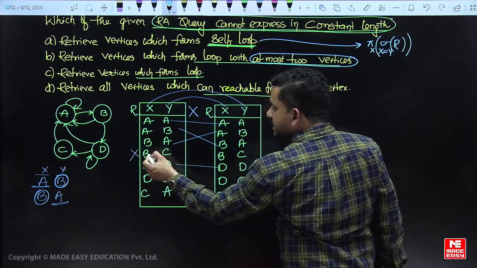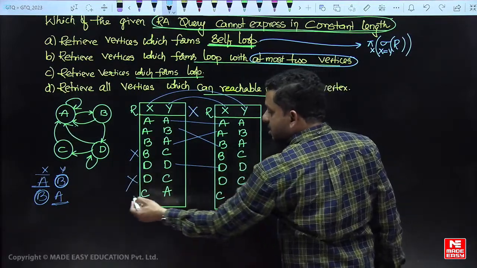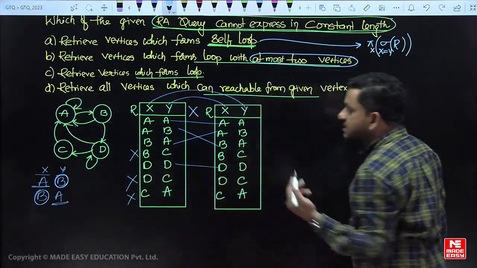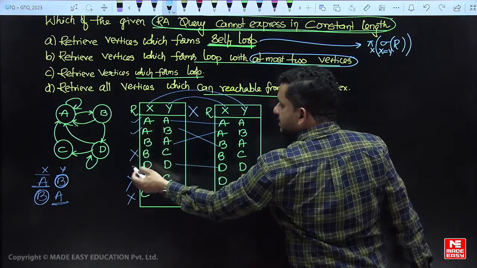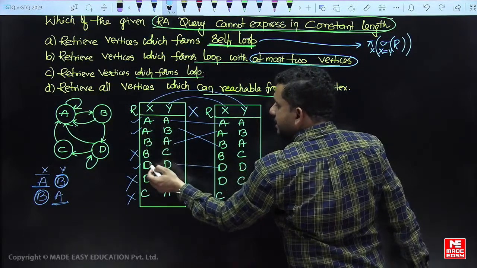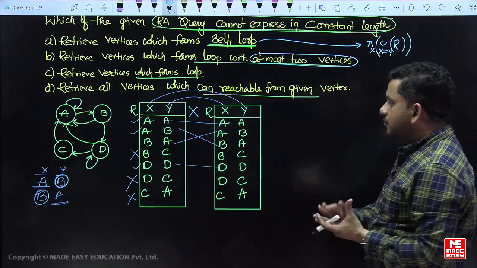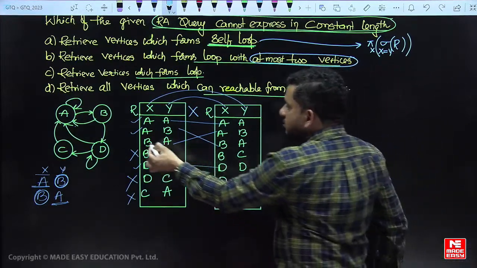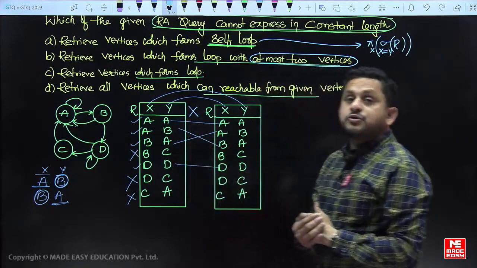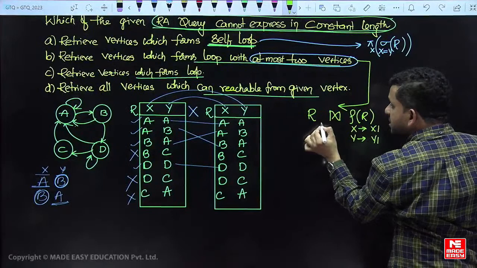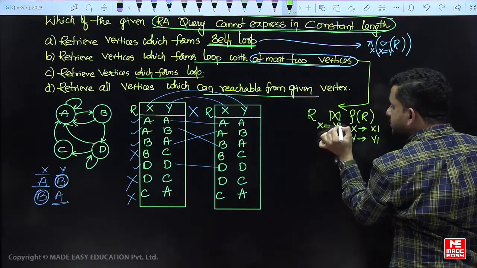The remaining BC fails because CB is not there, DC fails because CD is not there, CA fails because AC is not there, right. So now these are the records which satisfied, so A and D, okay, A and D which form a vertex, and ABD also forms a vertex, which is at most 2 vertices. So first relation X should be equal to second relation Y, that means renamed to Y1,